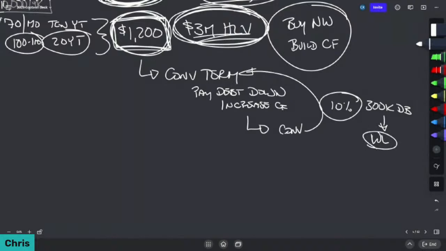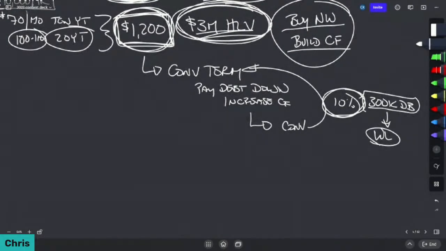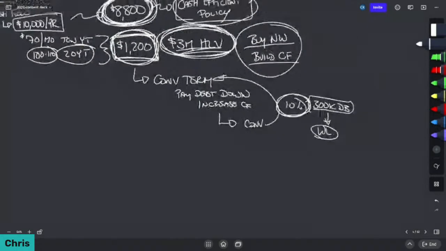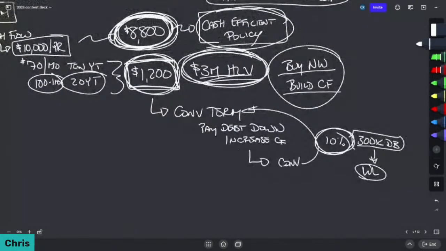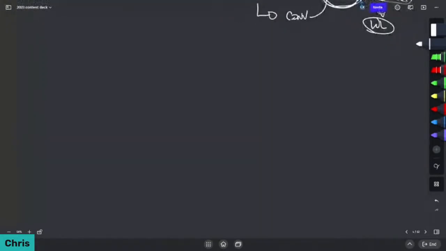And so this allows us to create a system. If we have a 20-year term, every 2 years, we can convert 10% of this, if it's convertible. That's what we did. We bought our net worth and we build our cash flow. We're showing people how to do this, right? So when we look at life insurance, we look at all the different things that it can do for people, and we look at the ways that we use it as a tool, it's important to understand not every product solves all solutions.